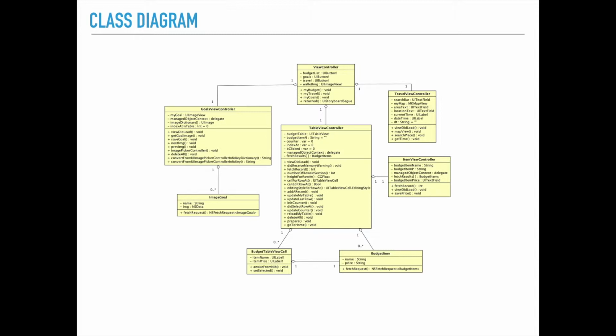If the user creates a budget item and clicks on that row, that row is linked up to the budget table view cell. That budget table view cell has an item name and an item price that is passed on, and it also creates a budget item entity in the core data, which has the variables of a name, which is a string, and a price, which is a string. Once it does all of that, and the user clicks on that cell, they will be sent to the